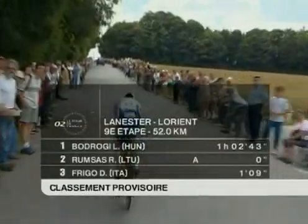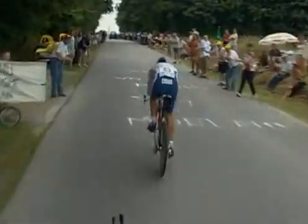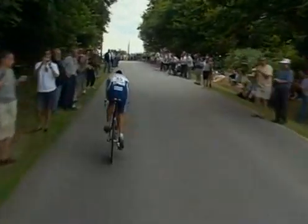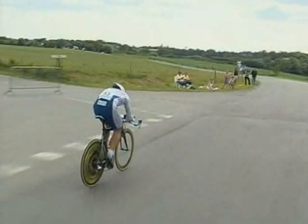He probably had to slow down a fraction coming into the finishing straight because he had the 2 riders in front of him, and that may well have cost him that 6/10 of a second just in the final few meters. But I had said that this man we're looking at now, Sergei Gonchar, it's rather strange, the pedaling action that he has. It looks rather uncomfortable and